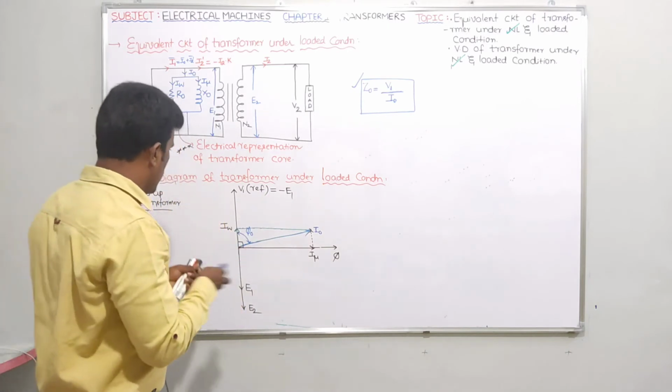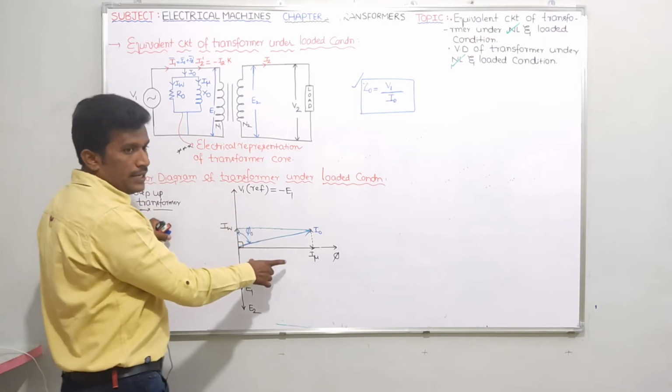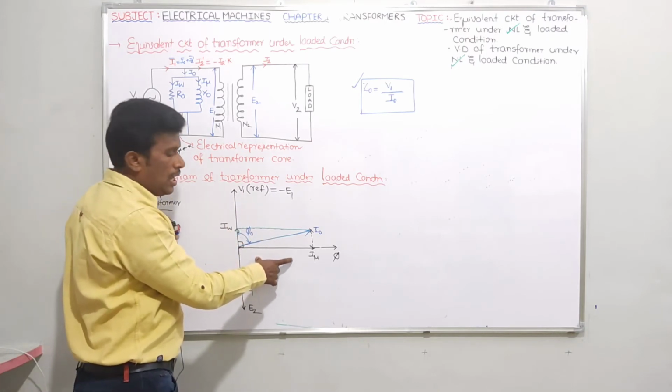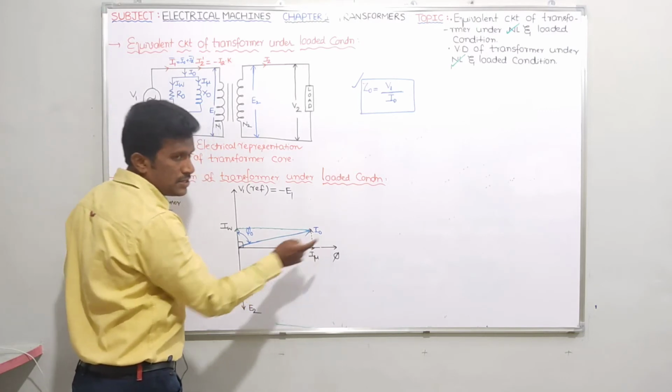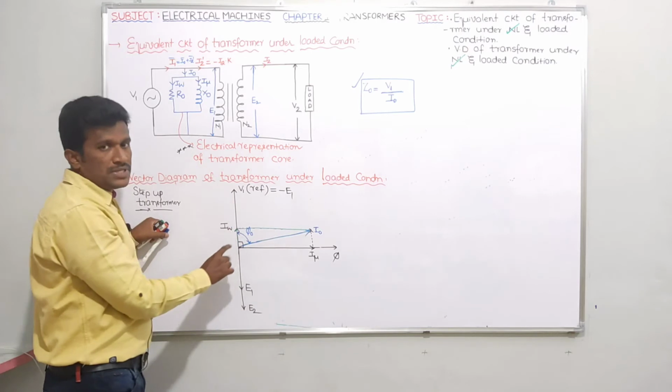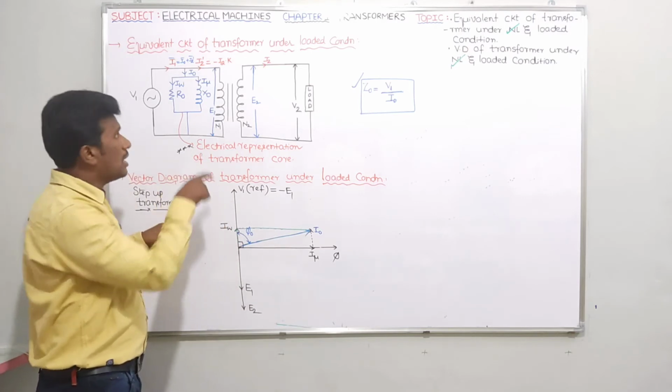I think up to now okay. See, let me connect some voltage V1. After 90 degrees, you'll get I mu. Because of I mu, you'll get some flux in the transformer core. Therefore, I mu and flux will be in phase. And IW is used to represent the core losses in the transformer. So IW is the current flowing through R0.